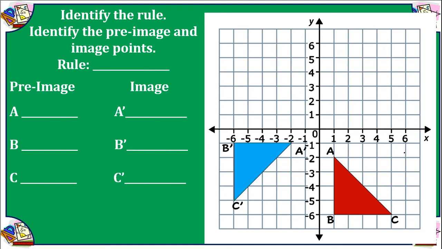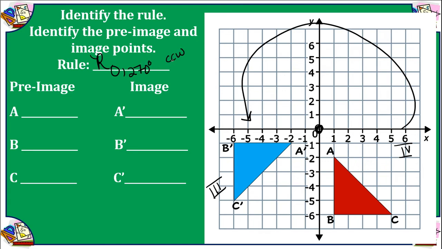Okay, our third one, we're in quadrant 4 again. We're going counterclockwise, so we're going around until we end up in quadrant 3. And we're rotating about the origin. So our rotation is about the origin, and we're going 270 degrees counterclockwise. So sometimes you may see this for counterclockwise. So we have 1 comma negative 2 again for A, 1 comma negative 6 for B, and 5 comma negative